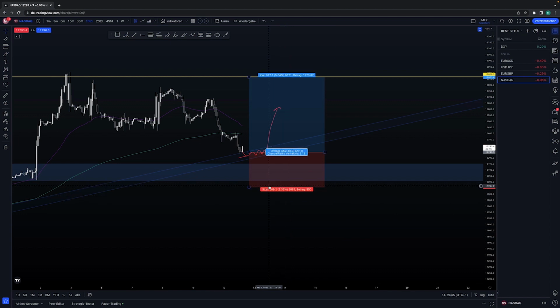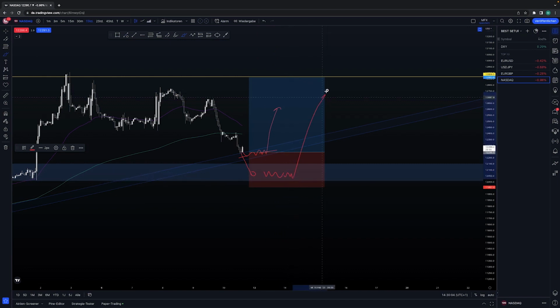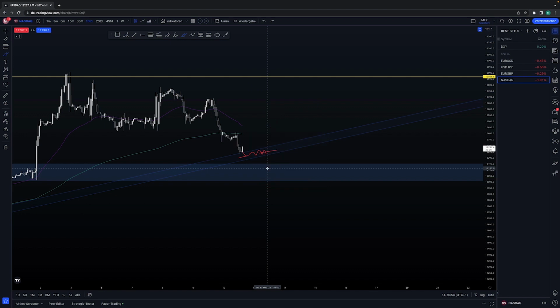The stop loss goes underneath this zone because, guys, when the market decides to break this trend line and wants to go deeper into the retracement, deeper into the zone, you have your stop in place. The market can then tumble around and shoot back up. So when you have your stop loss in a safe place, you are more confident holding this trade longer. So the game plan on NASDAQ is buying on this trend line